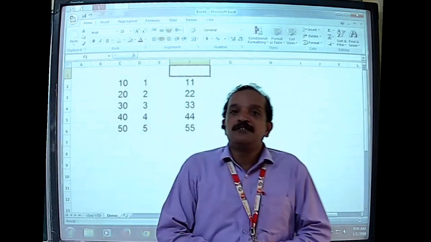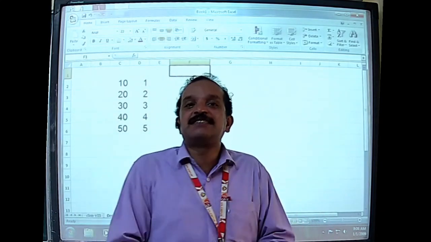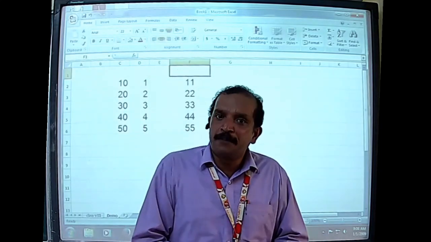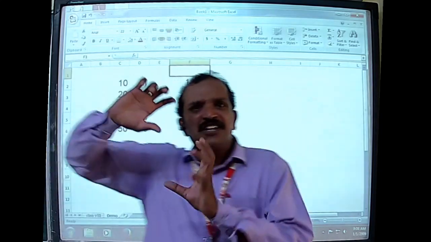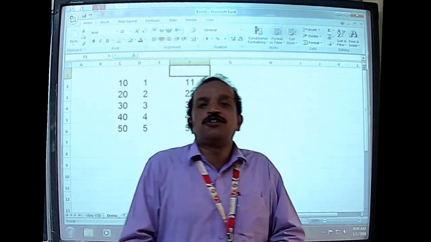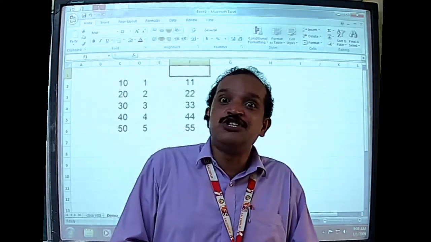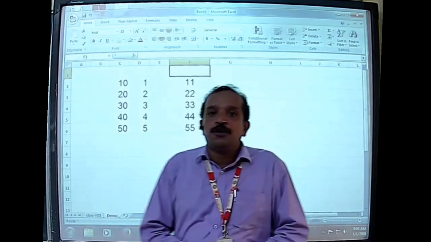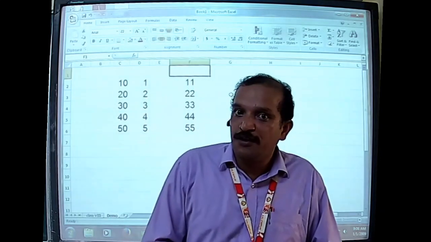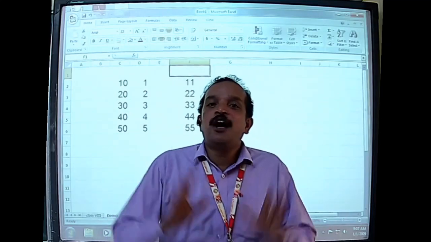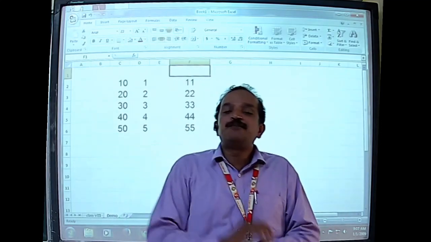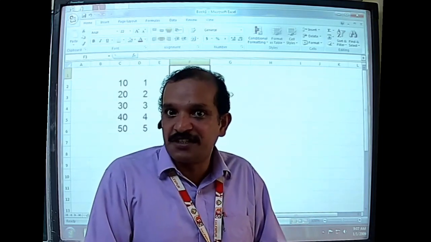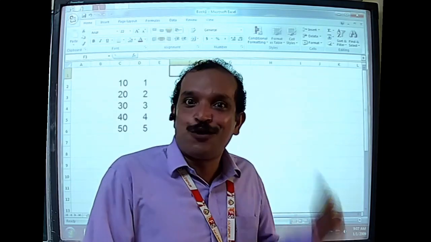So those are the three main types of cell references that can be applied. I hope you understand what is meant by cell reference. Cell reference means referring to a particular cell using the address of the cell, which is unique and is a combination of the row value as well as the column value. Now we are going to learn about the absolute cell reference as well as the mixed cell reference using an example. Follow this example closely.